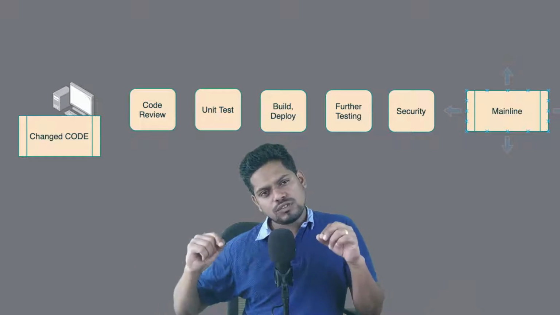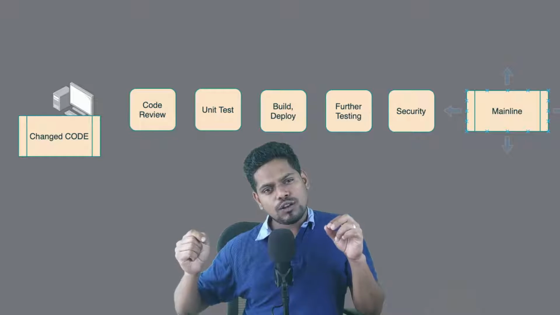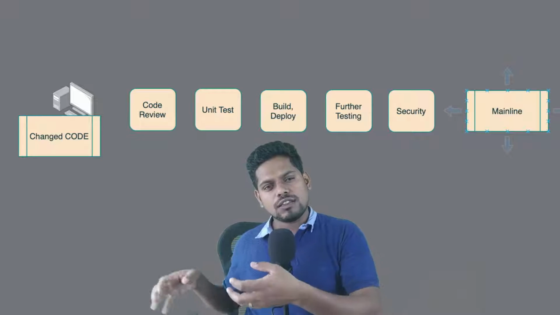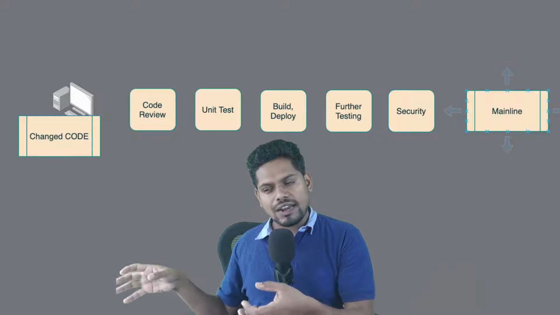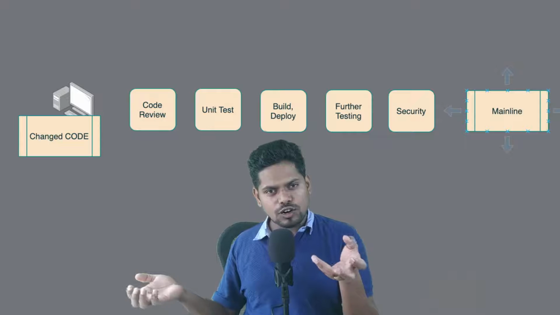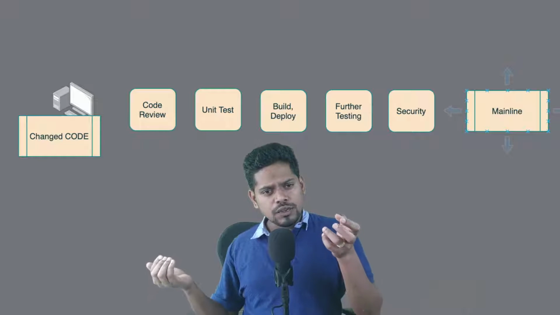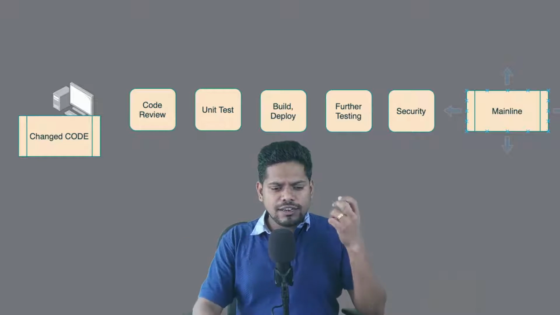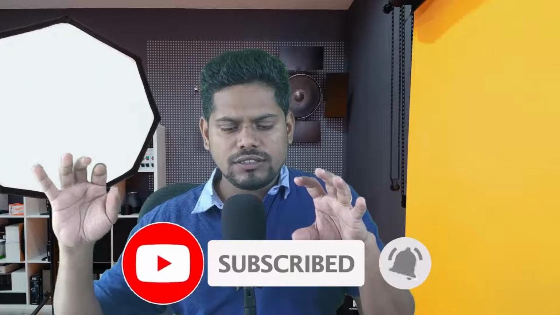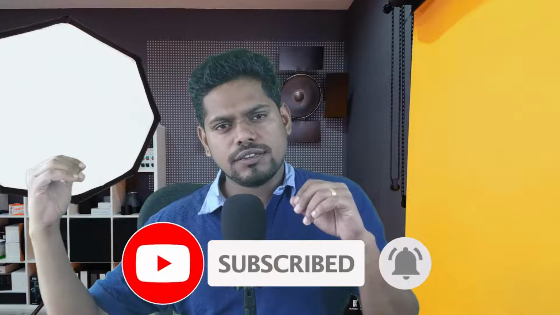And if this whole process succeeded, then your developer code is potentially eligible and potentially stable, and it may be combined with other developer code onto a main line. Typically it could be a branch inside your Git repository or inside your code repository. So the idea here is that the developer makes the code change, and as soon as he makes the code change, this whole process gets repeated, and at the end probably one of these processes may fail,